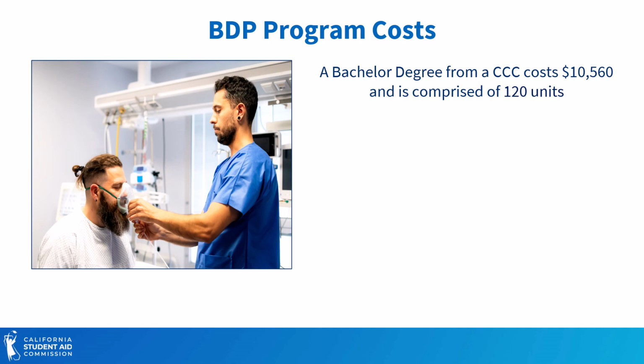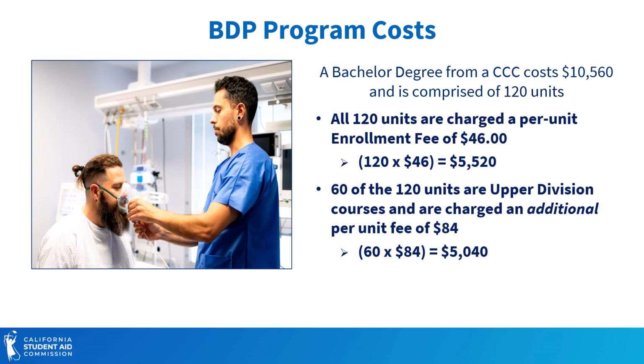The advertised cost for a bachelor degree from a community college is $10,560, which is considerably less than our CSUs and UCs, and a major reason why this program appeals to many students. Students enrolled in a bachelor degree program pay the BDP fee in addition to enrollment fees. To understand what fees students are charged and what the Cal Grant pays towards those fees, it helps to review the BDP fee structure. All BDPs are comprised of 120 units, which are charged a per unit enrollment fee of $46 for a total of